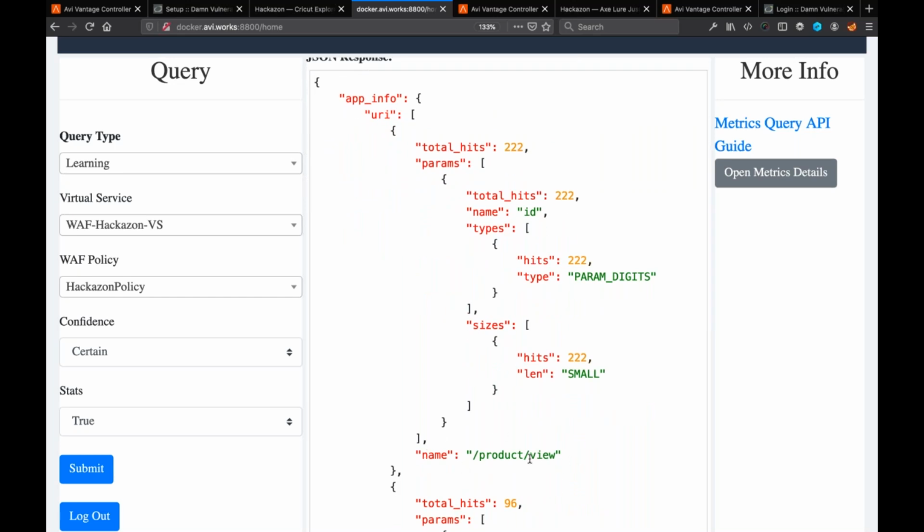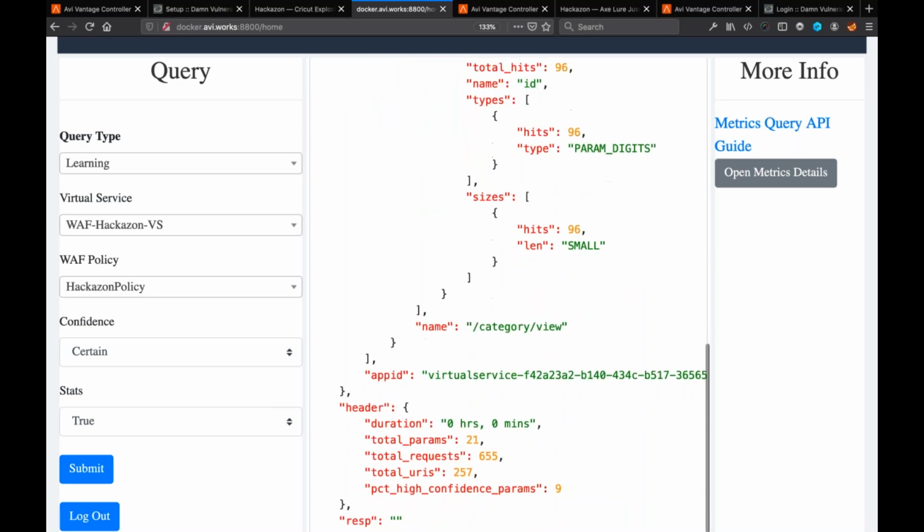It already found that under the location product view, as a parameter ID, it's digits and it's small, and it has seen it quite some time already. In total, it has seen 21 parameters, but only 9% of those parameters are yet of high confidence.